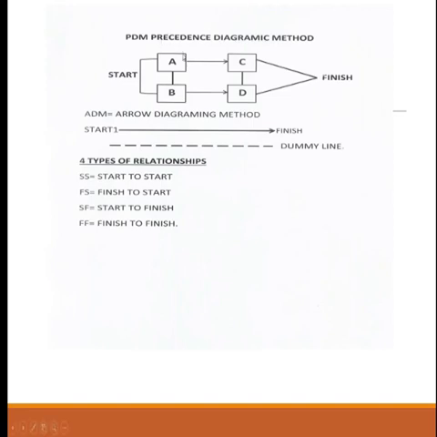Precedence diagramming method, PDM. Precedence, to precede. All right? I mean, that's English. ADM means arrow diagramming method. PDM uses a method to arrange different activities that are multiple in nature. In case you want to embark on 17 activities in your project, use a PDM to draw arrows and connect the activities that will lead from start to finish.